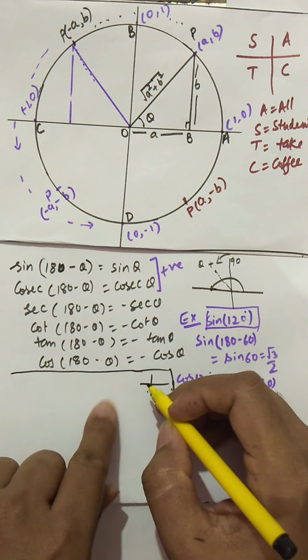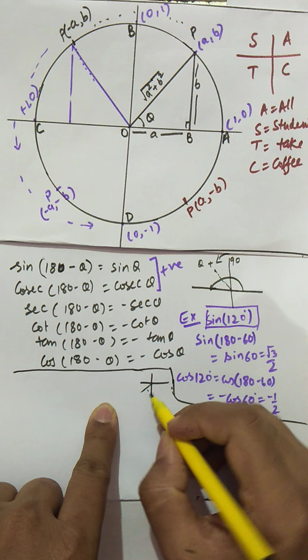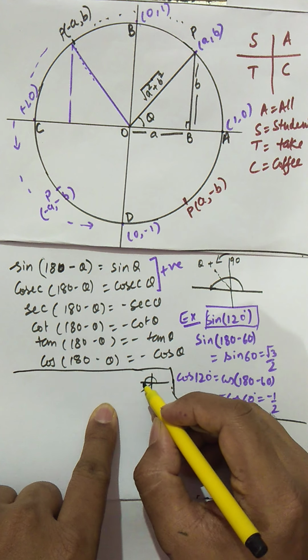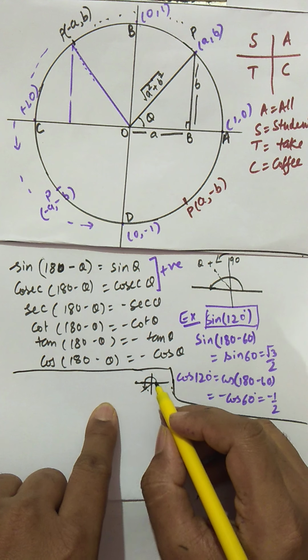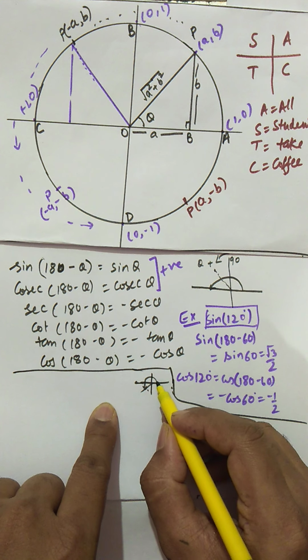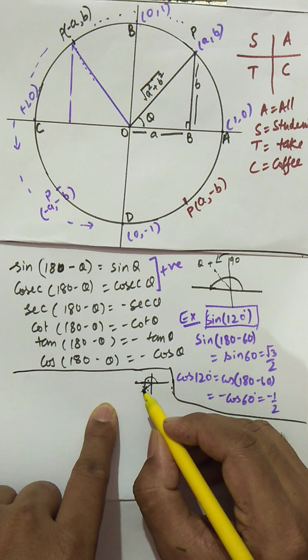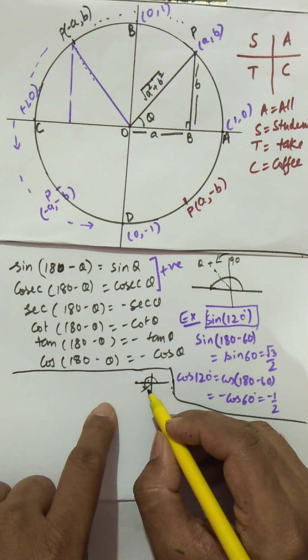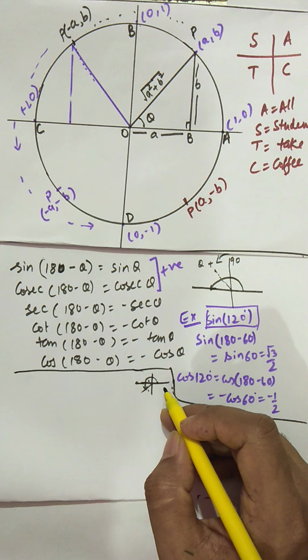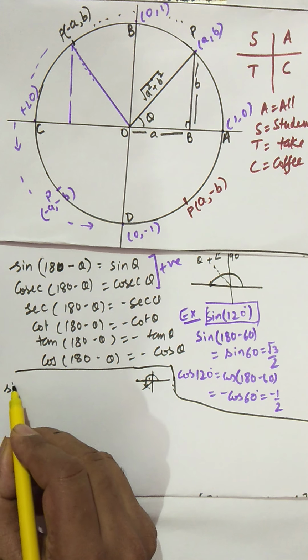Now we discuss the third quadrant. In the third quadrant, we have two ways to go. We can do 180 plus theta. From this point to this point, this is 180, and to 180 you are adding some angle, so this is going to be in the third quadrant. So I'm just writing the formulas first. Sine